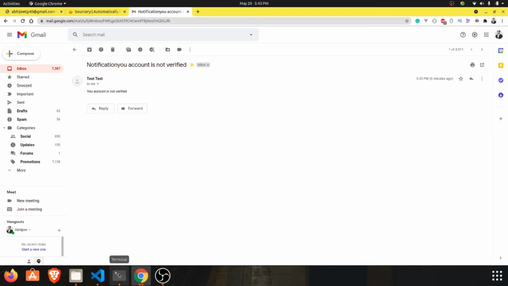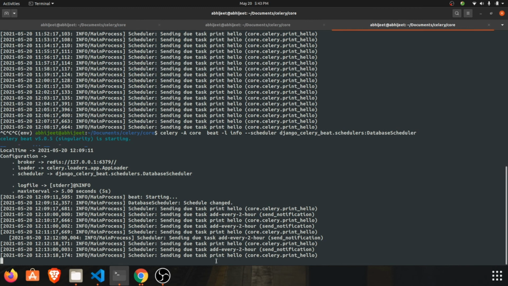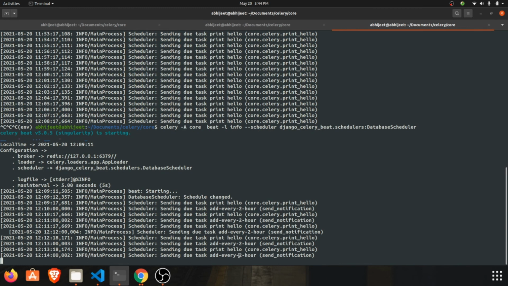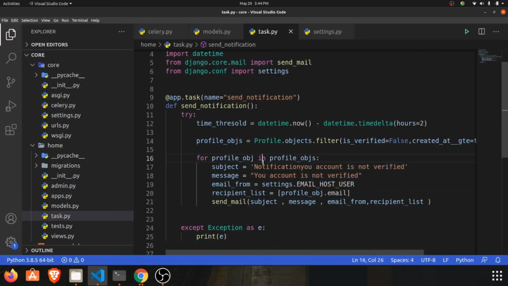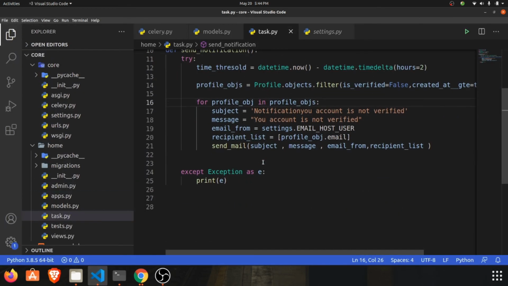So we can use this kind of stuff, and you can see the task send notification was called, and you can do a lot of things using this celery. You can call tasks, you can send SMSs, you can send birthday invites. If someone has a birthday on that particular day, you can send happy birthday from this. So you can do a lot of stuff.